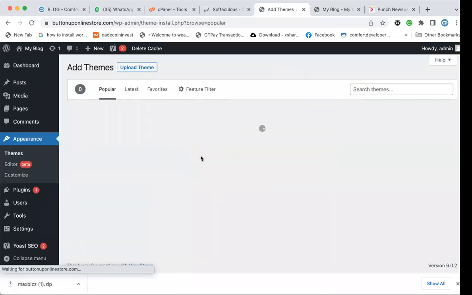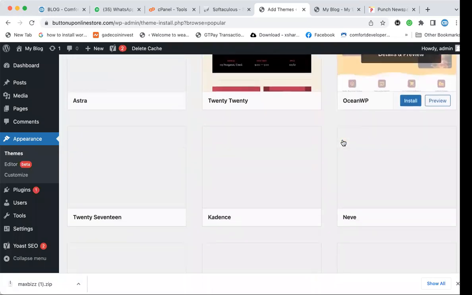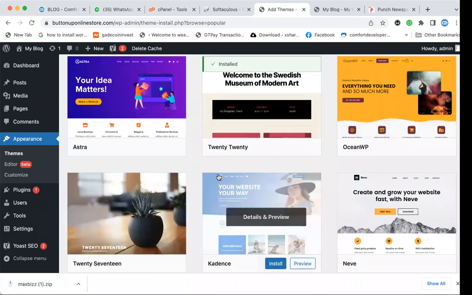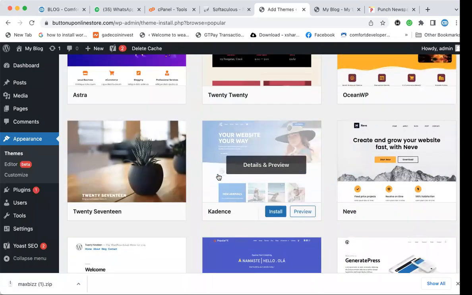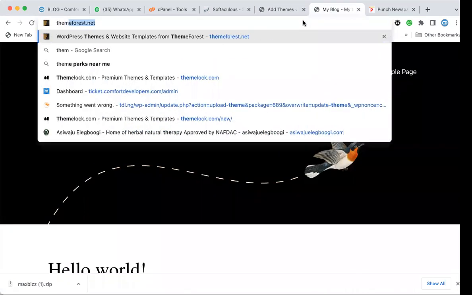Now, we have popular themes here. We have some themes you can see now, but all these things are free. You can't get the best from them. They have limitations. And that's what takes us to the question: how do we get the right theme? How do we get a professional theme? So for us to get a professional theme, I'm going to open up a website,